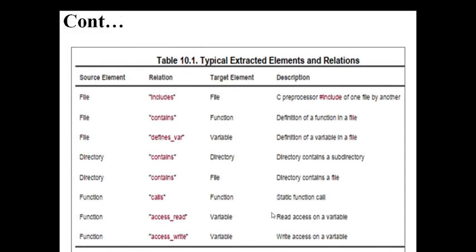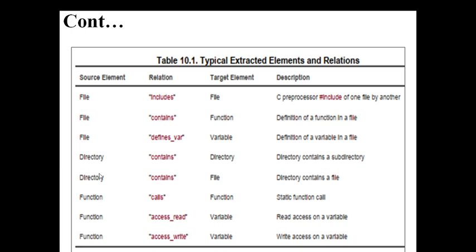Next, see here. This is a simple tabular form to give some knowledge about what information we want to collect, by which we can reconstruct a documentation. If you want to collect some files, source code files, like include files, header files, files that contain functions, files that contain variables, all this information can help us identify the main methodology they have taken.